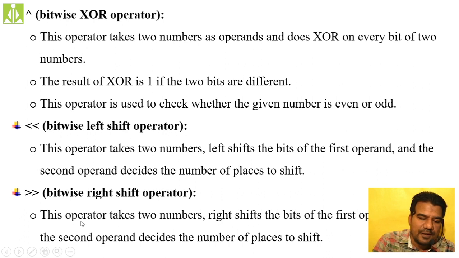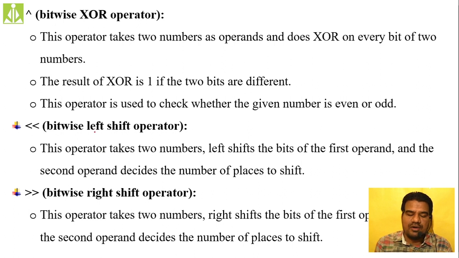As you can see over here, these are two less than symbols. How do we frame the bitwise left shift? It is very simple, two less than symbols. When you write two less than symbols, to which direction are their angles pointing? They are pointing towards the left. So it is a bitwise left shift operator. Same thing when you are writing bitwise right shift, two arrows, they are pointing towards the right. So it is a bitwise right shift operator. In this way you can remember these two operators.